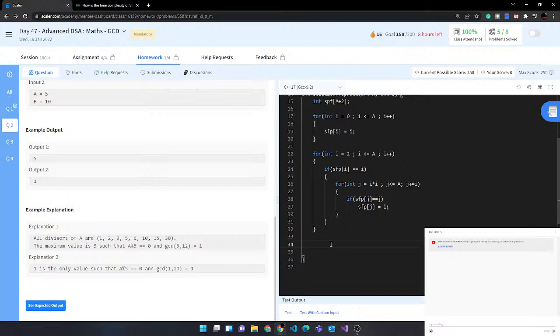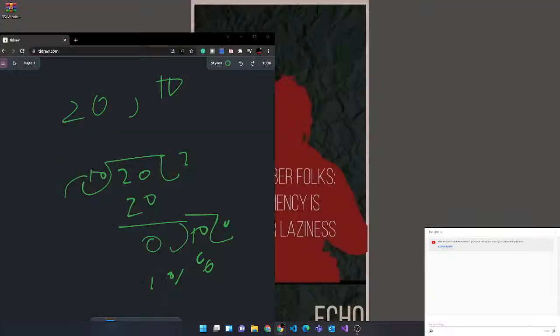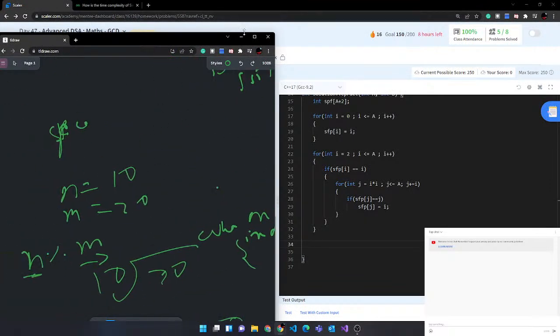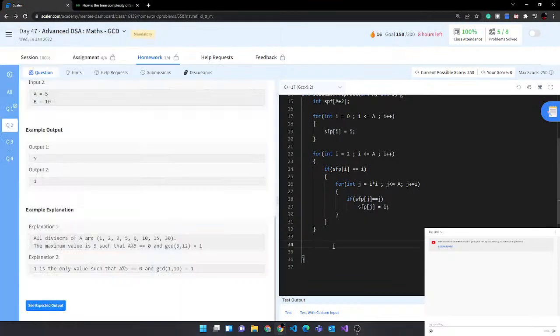Fifteen has 5. Okay, this is taking much longer than I like. So how do we find all the divisors? To find all the divisors, we have to literally go while